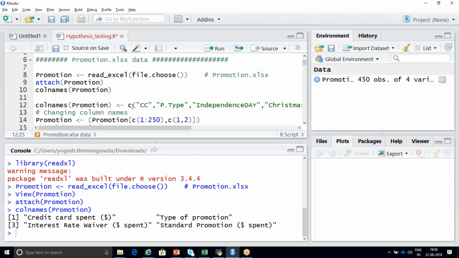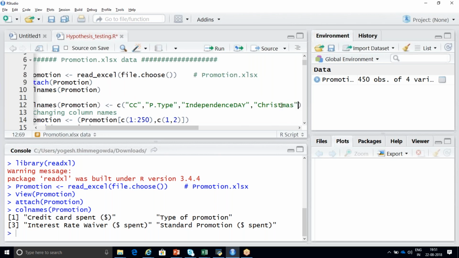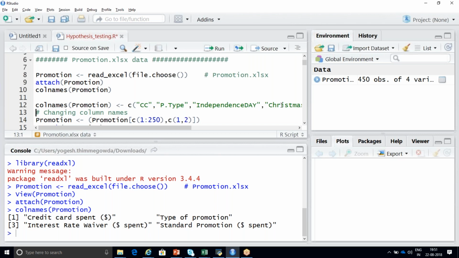You can call it a count of all the columns, but in the sense it is not the exact count. Here you can call it a list. This I understood, but I have a bit of a doubt about that C only. See, if you want to write a single column, with respect to only one column, you need not use C. Because you are renaming many columns at a time, you can use C. If you don't use C, it will never work.